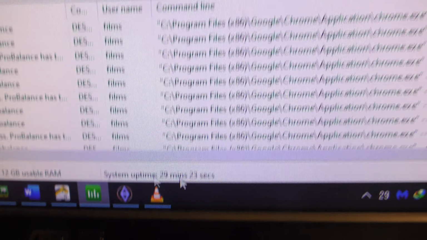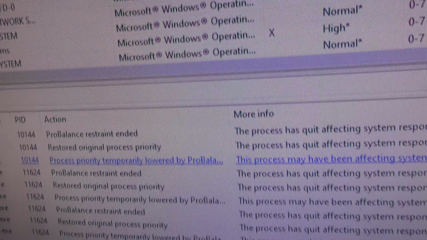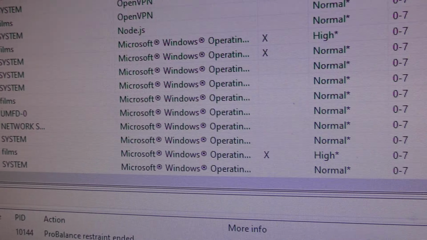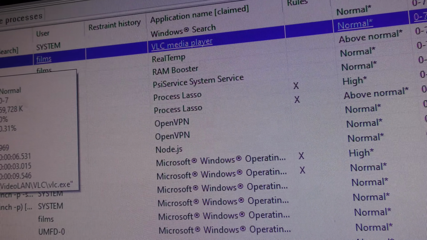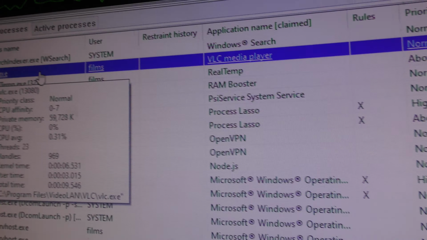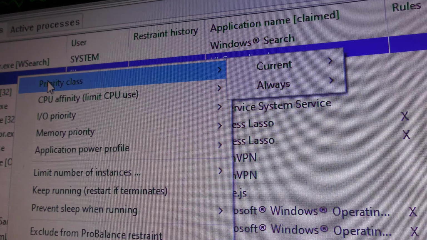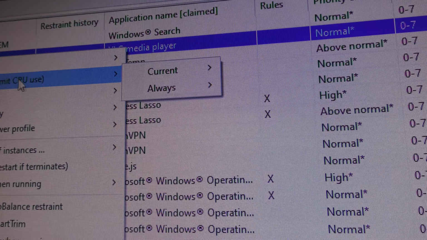I use a bit of software called Process Lasso. It's free and it'll list all the processes that are going on in your computer. What I'm going to do is, if I click on VLC player, that's just one of the things I'm doing. Let's see, then you right click on that. So you select the particular process that's running, right click on it and you get this drop down table. Go to CPU affinity